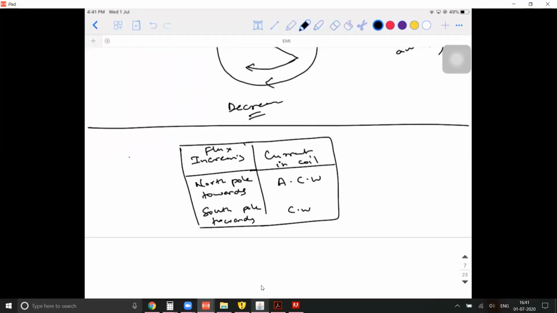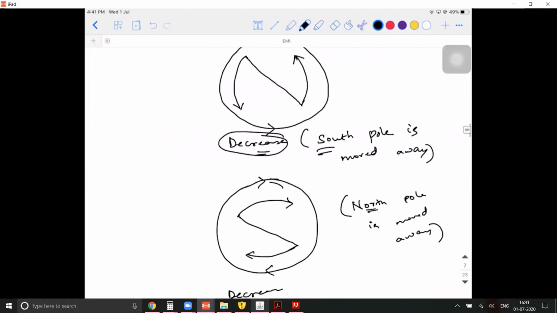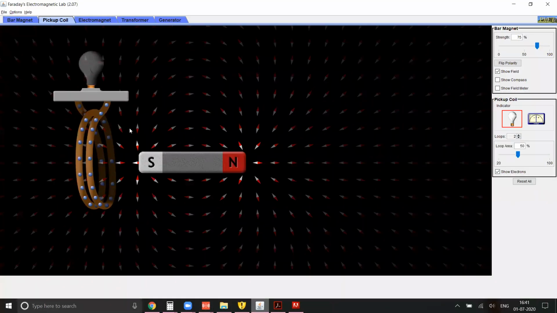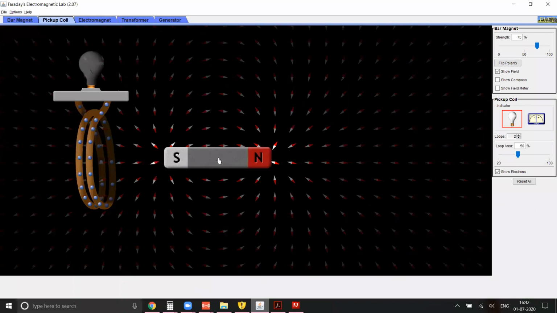Sir, can you just show the direction of the flow of the electrons and current, because I'm not able to imagine that point, sir. Nothing to imagine, observe it. I'll show it slowly, concentrate. Okay, look at the electrons. Here you have the south pole. When I move the south pole, forget about one thing: I'm moving the south pole towards the magnet. You concentrate only on electrons.